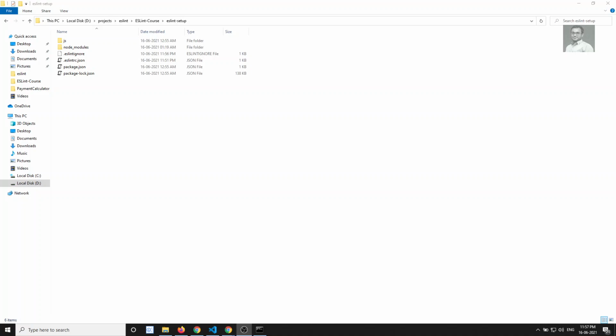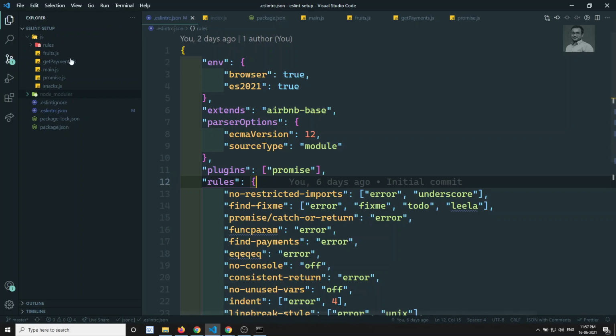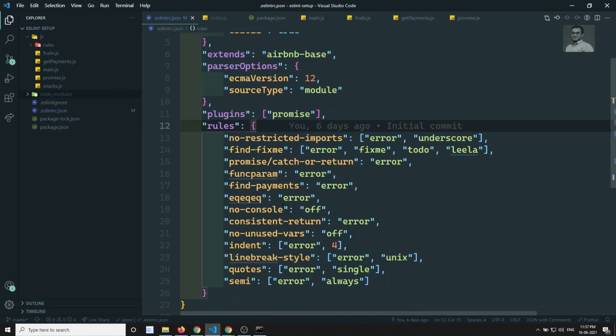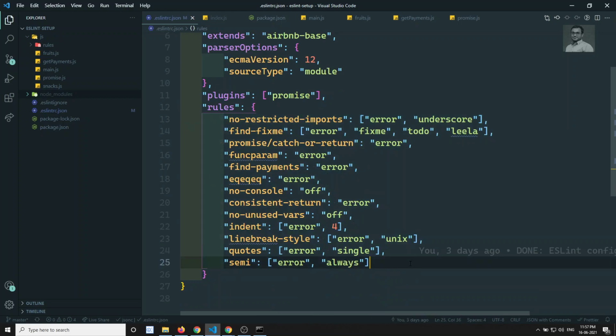Why we want to do this is, for example, you have an application. Let's think that the application is this one. So we have an application with an ESLint setup. It could be any application. Now we have created a configuration file. So this is the configuration file that I have created, and here we have some set of rules, right?